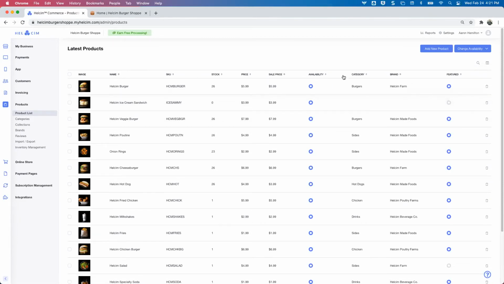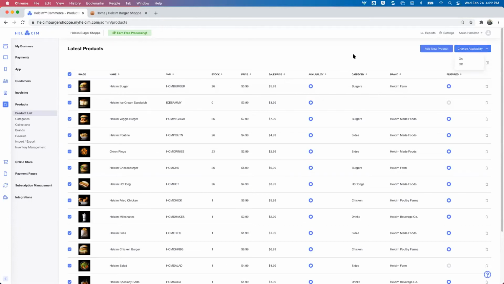particular columns. We also have a new option that we just very recently added where we've got the check boxes beside each of our products, and we've also got a check all box here. And we have this new button here, change availability. So if you click on that, you'll see on and off. So this is a quick way to change the overall availability for one or many products with just a couple